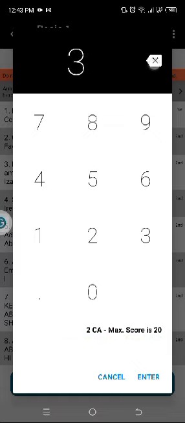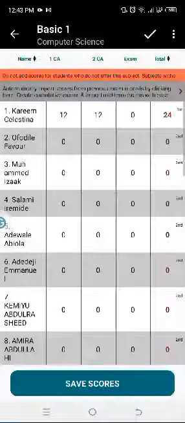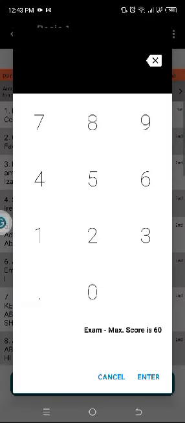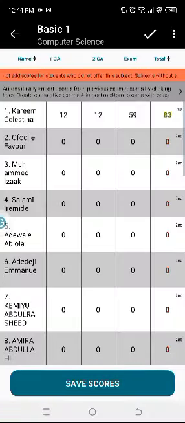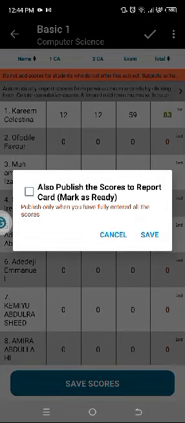So I would have to go back and then I'll enter this. And then this one is 60, so I can decide to give the student 59. This is how to add score. And please note that as you're adding the score, there's an option for you to save scores. Now in this option, this is a prompt. It says also publish the scores to report card, mark as ready. This means that when I tap this and save and publish,